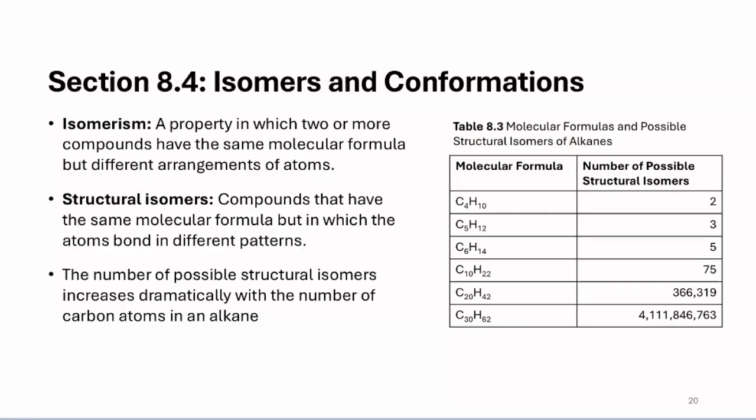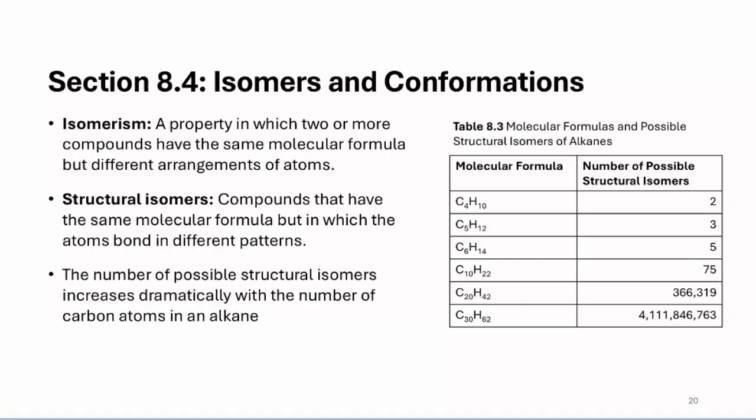Now let's explore the concept of isomers. Isomerism is a property in which two or more compounds have the same chemical formula but different arrangement of atoms. Specifically, structural isomers are compounds that have the same chemical formula, but they have atoms which have different bonding patterns. To give you an example, I'm going to draw the two structural isomers. In other words, the two constitutional isomers, which is another word for structural, that can be found for the chemical